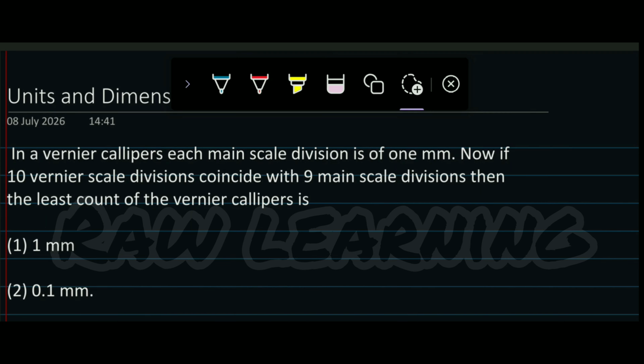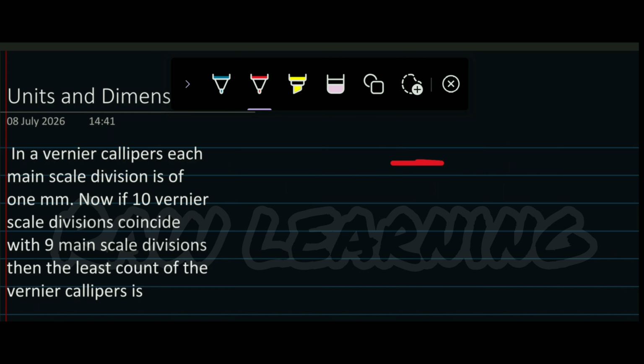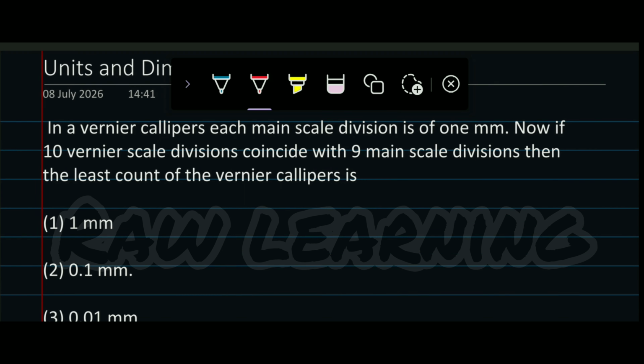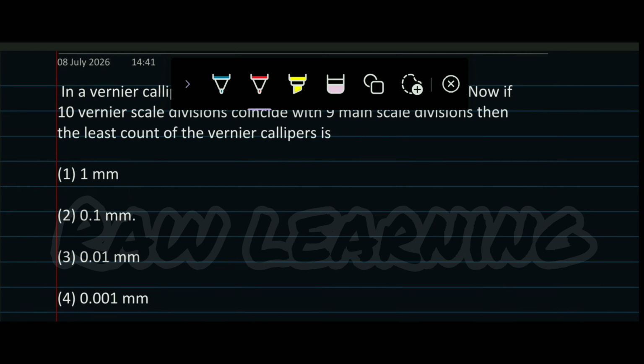The question is, in a vernier caliper, each main scale division is 1 mm. Now if 10 vernier scale divisions coincide with 9 main scale divisions, then the least count of the vernier caliper is? So basically what we know actually is